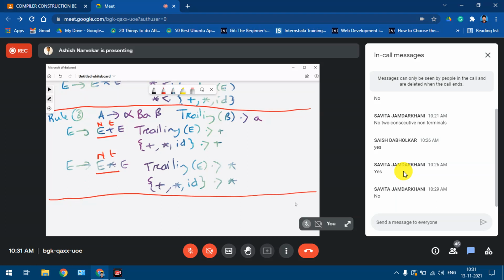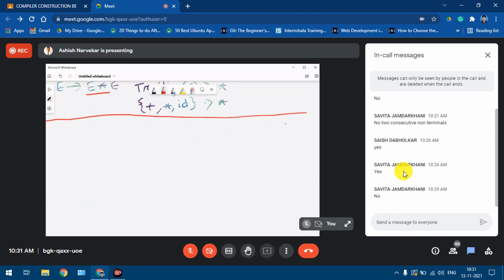Next is rule number 4. What is rule number 4? I believe rule number 4 says that it should be leading of the start symbol.